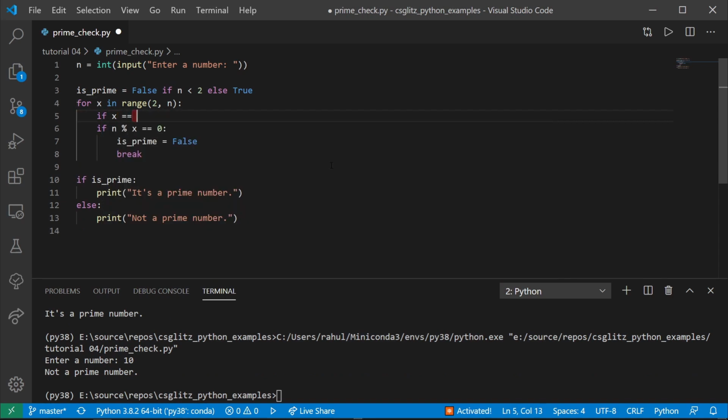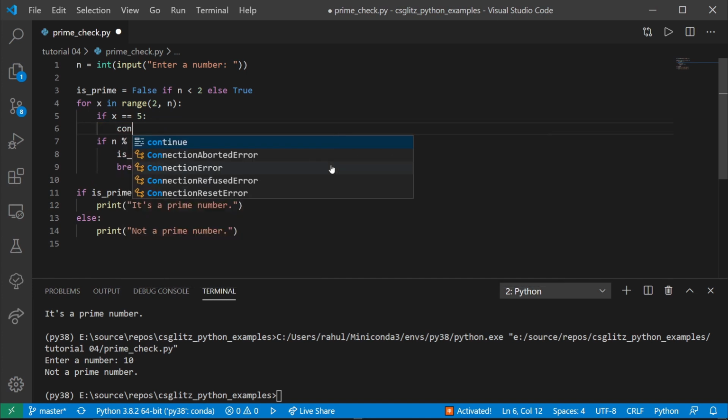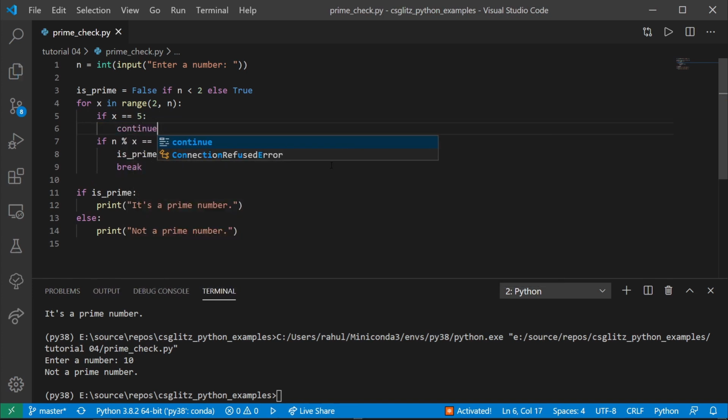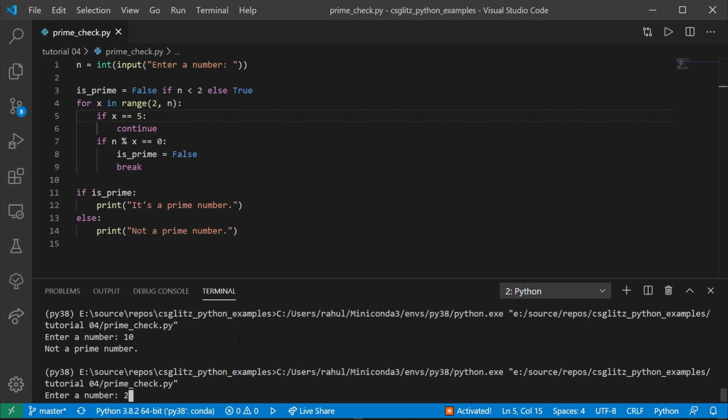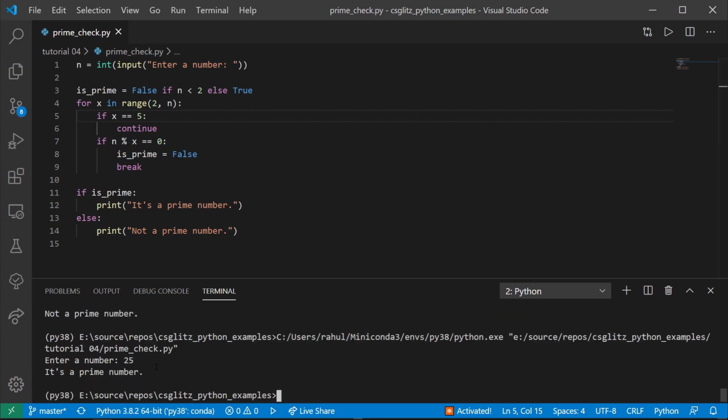In those cases, we can use a continue statement. If it hits continue, then it will not run anything after it and just go back to the condition, which will show all the powers of 5 as a prime number. As an exercise, try to debug it to understand the control flow of a continue statement.